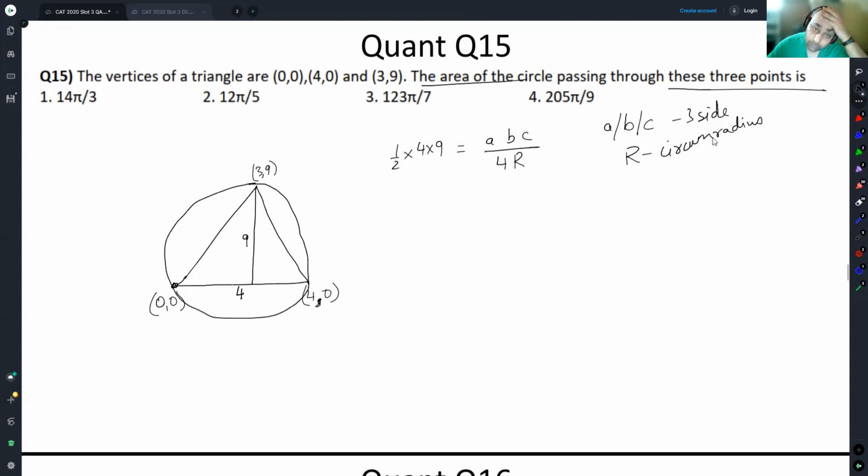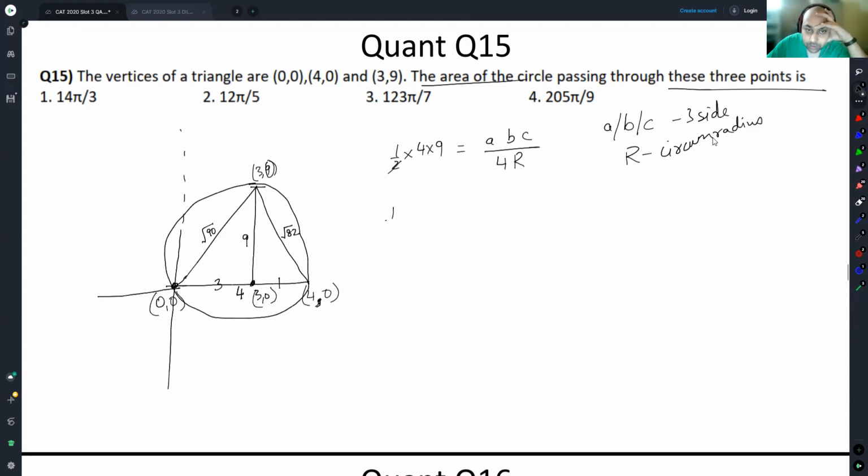Now, what do we do? This is 9. Because if this is 0 and this is at a height of 9 from the axis, the quadratic tells us height 9. So this is 9, this is 4. The coordinates here will be 3, 0. This is 9, this is 1. This will be root 82. This is 9, this is 3. This will be root 90. These sides also we can identify.